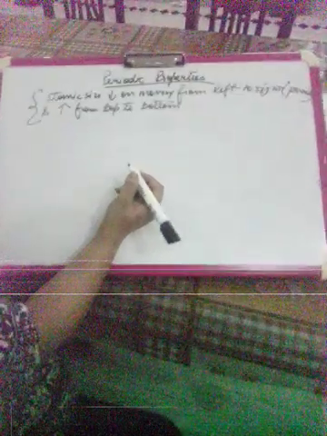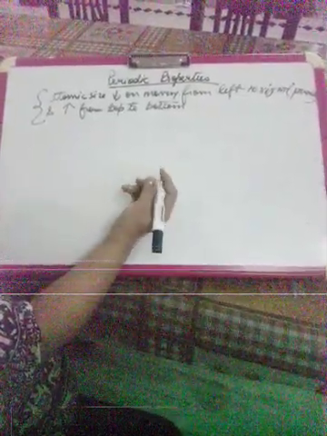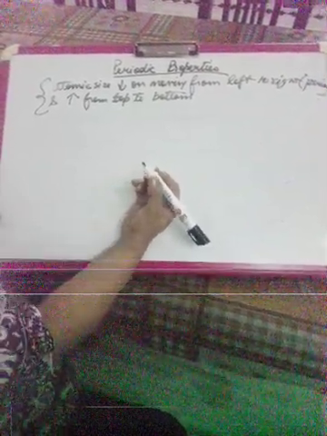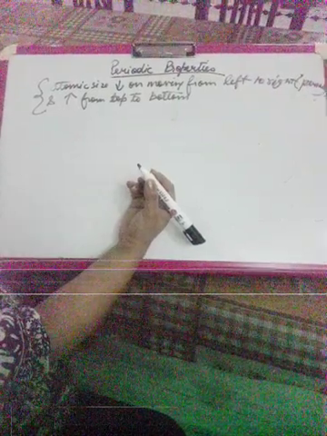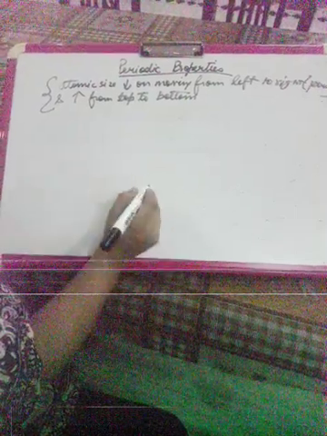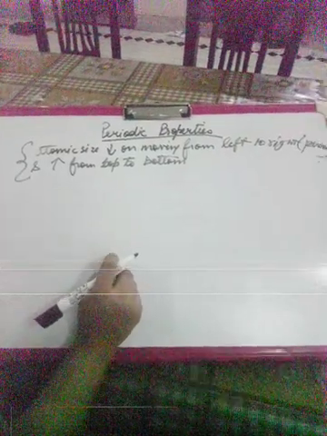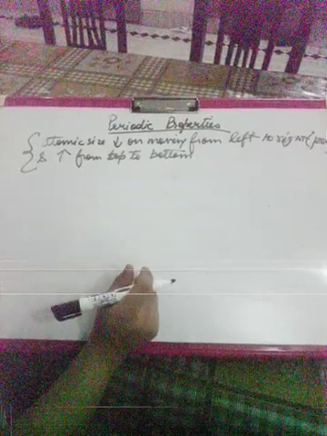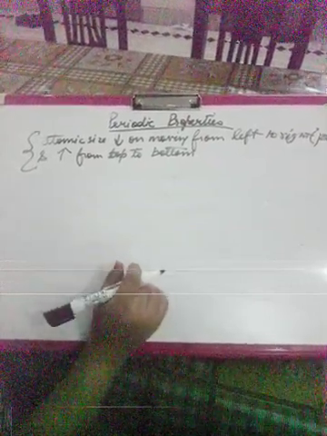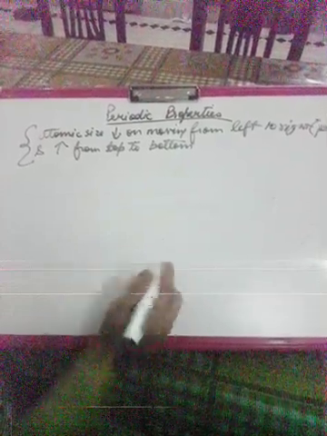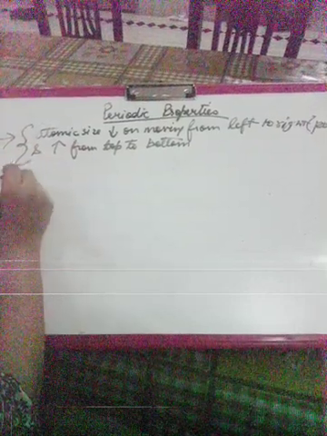Why does atomic size decrease on moving from left to right? Due to the increase in effective nuclear charge. An electron is being added to the same shell as we move from left to right, and so the effective nuclear charge also increases. On moving from top to bottom, a new shell is introduced, and so size obviously increases. So this is the general expectation for atomic size.